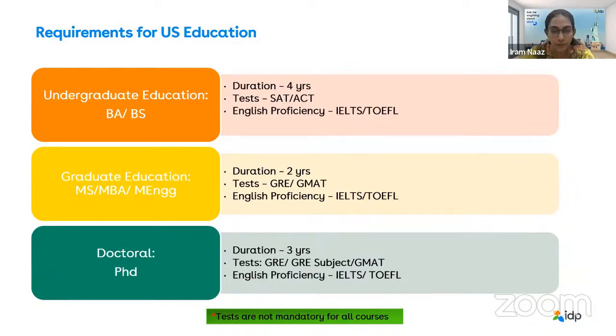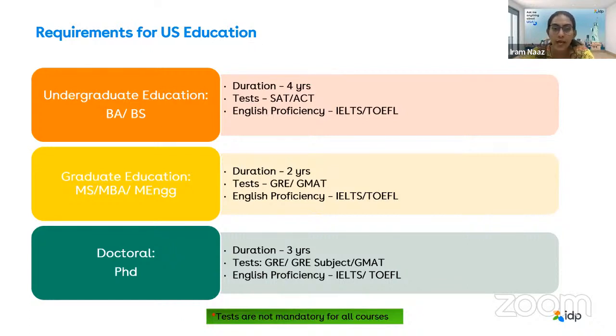And if you're planning to go for a computer science program, then GRE is kind of a mandate for most of the universities. But there are still universities which are going to waive off the GRE for the computer science program as well. And if you're planning for mechanical or civil or architecture or business analytics, there are universities which do not require GRE. Most probably for 70% of these programs, the universities have waived off the GRE, but for computer science, GRE is kind of mandatory to write if you're planning to go to a good university.